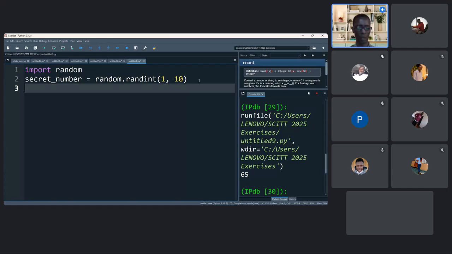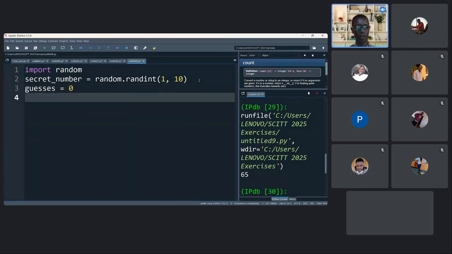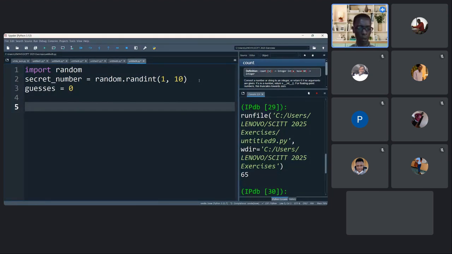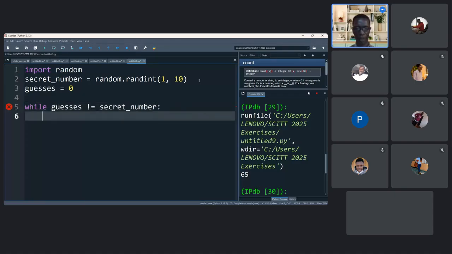After doing this, we need to initialize a variable maybe called guess or guesses, which we initialize to 0. Then let's use while. We can use while or while True. All this will still work. So while guesses is not equal to secret number, so while the user input is not equal to the secret number,